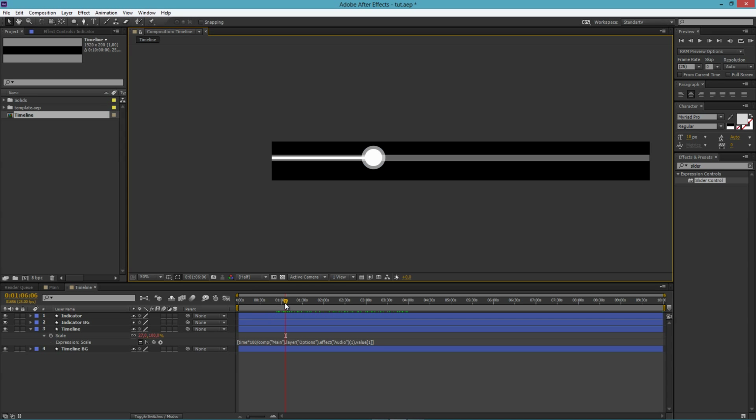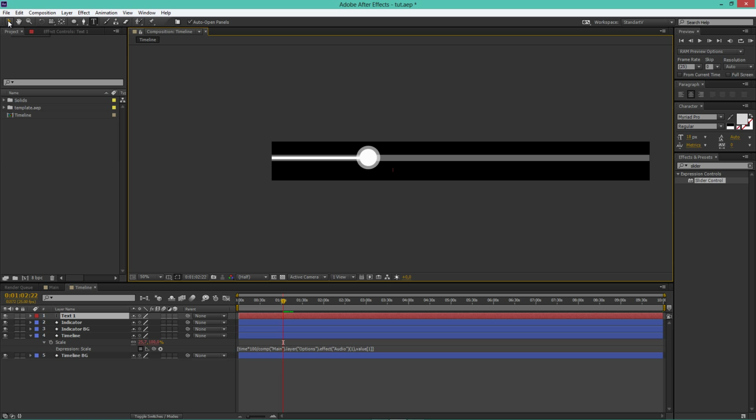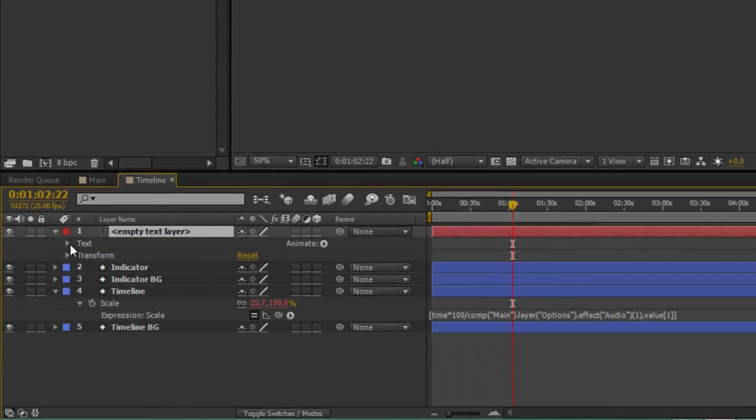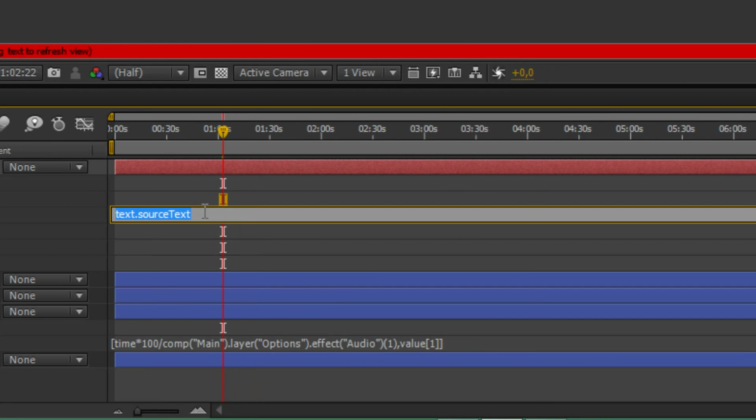that. And now I need to add a time below here that will follow up. So let's go to the text tool and simply hit the text tool and leave it. You don't have to type anything. Now let's go to the drop down text and let's Alt-click on source and let's type time